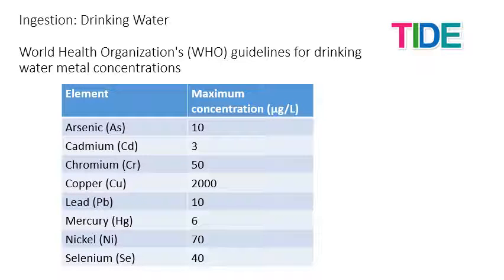So we identified ingestion as being the main exposure route for metal intake for the majority of people, and this can be either through water that we drink or through the food that we eat. And so to try to protect populations from excessive metal exposure via drinking water, various government organizations and health bodies have set legal limits, or at least guideline limits, concentrations of different elements in water that are deemed safe for